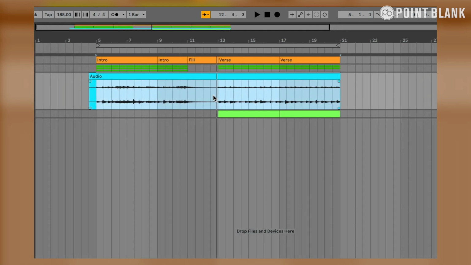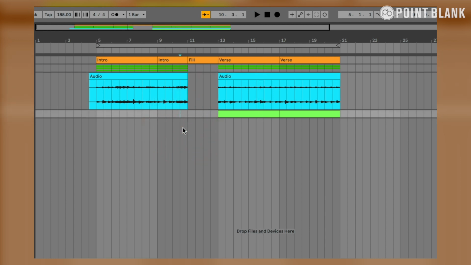Now, there's plenty we can do with this. If we wanted to get rid of it for the snare roll, all I'd simply do is come and select this section. Just hit backspace to get rid of that, and I'll play you what that sounds like. So that can work if you want to be dramatic like that,